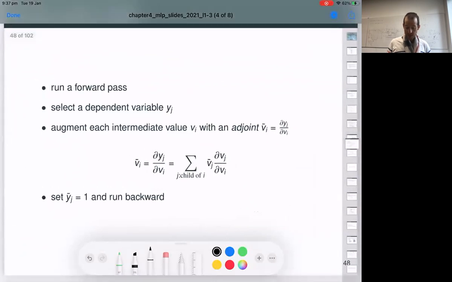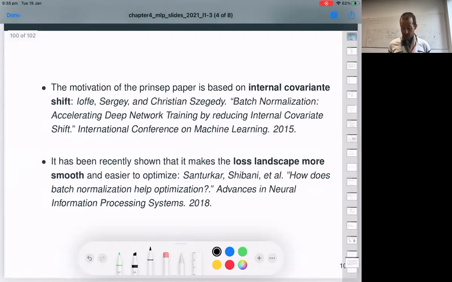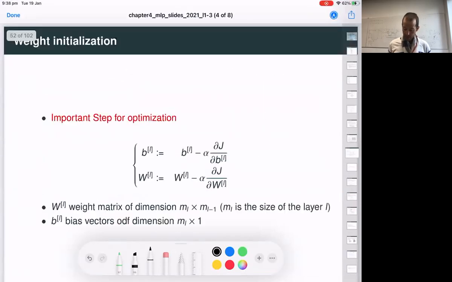First stage, you run a forward pass. Second step, you select a dependent variable, so for us, the outcome. And you augment each intermediate value,